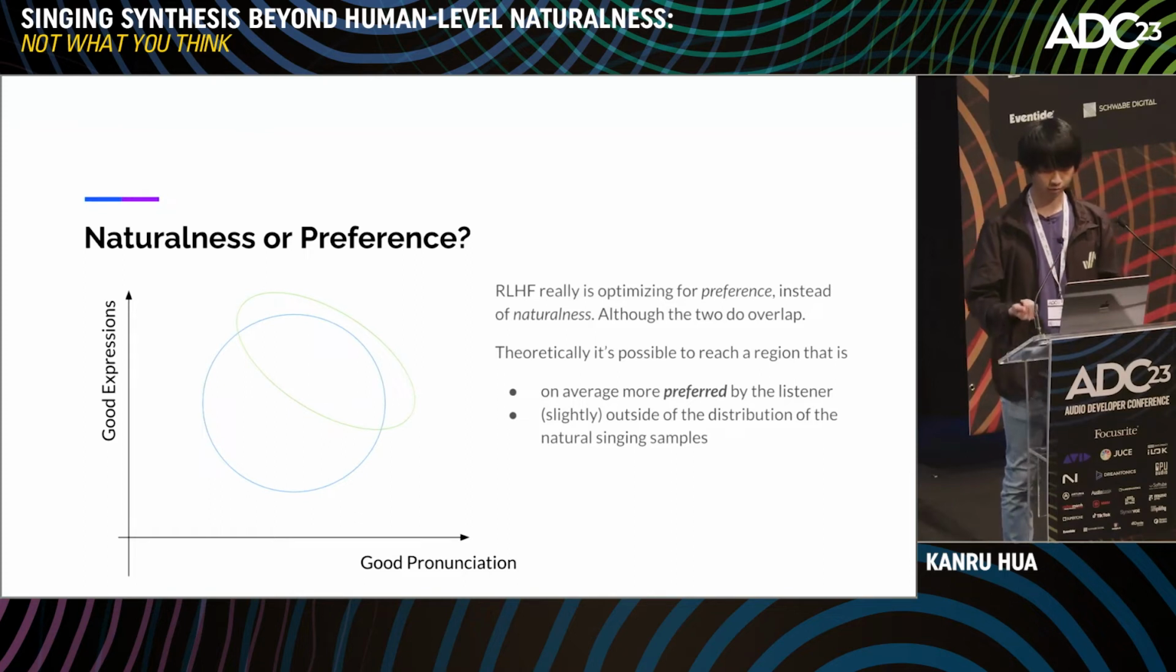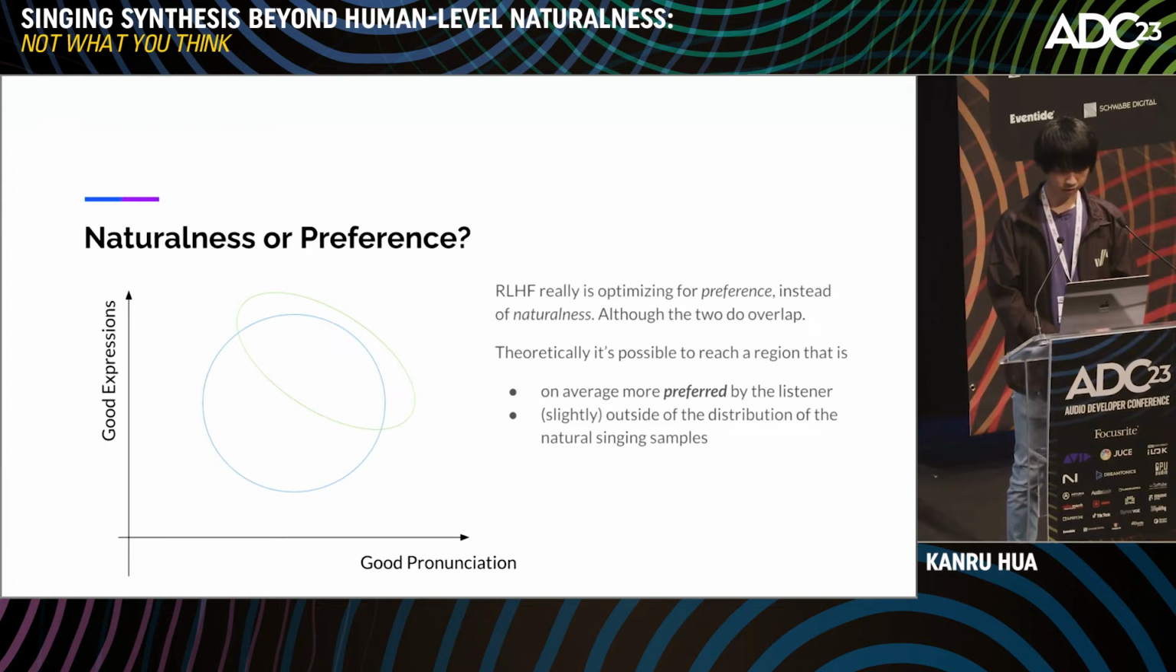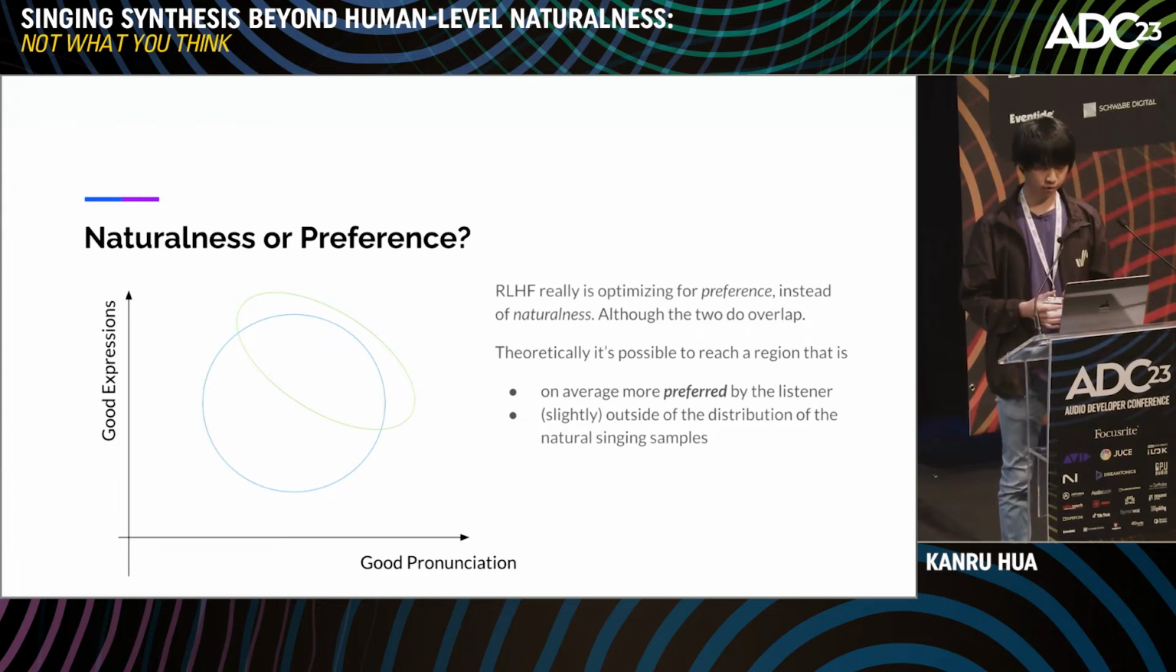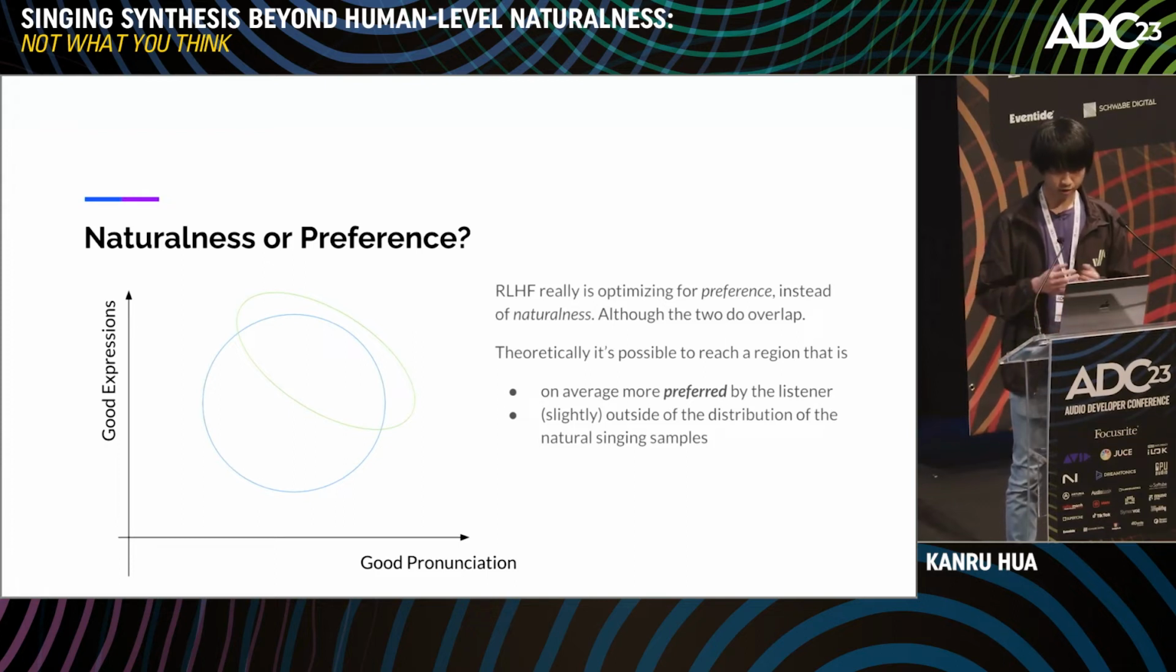at least on average, and pick it for the higher naturalness rating. My hypothesis is that some of the techniques we're using, for example RLHF, are really optimizing for preference instead of naturalness. What's the difference between the two? I mean, if we go back to the test,